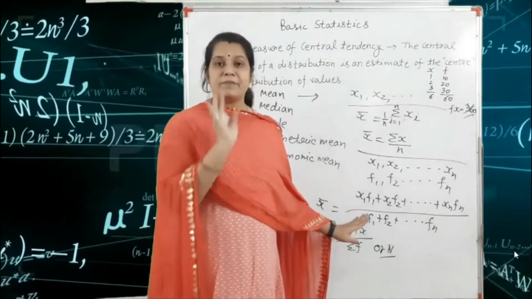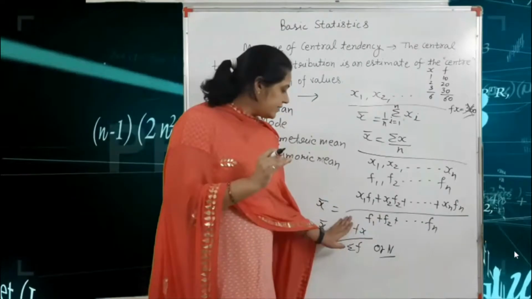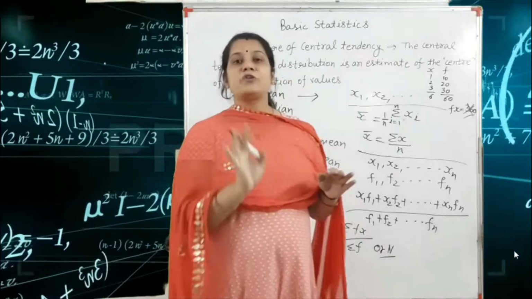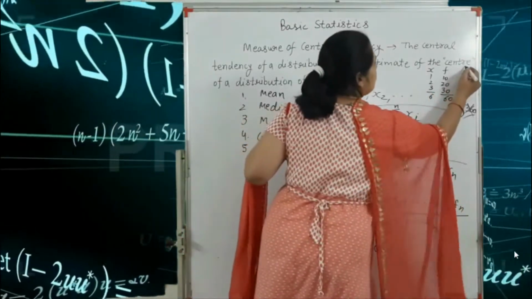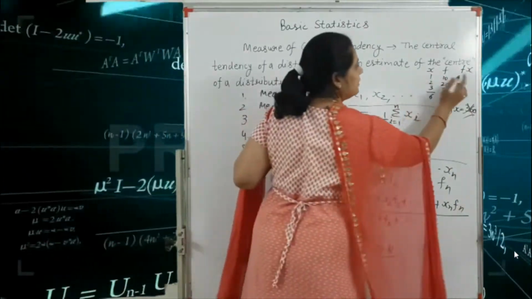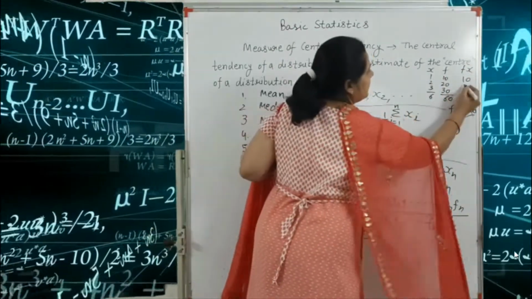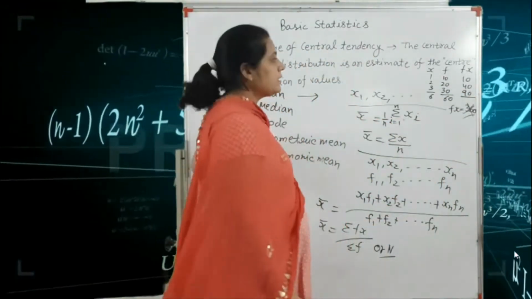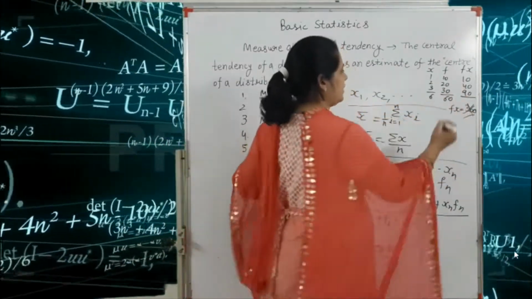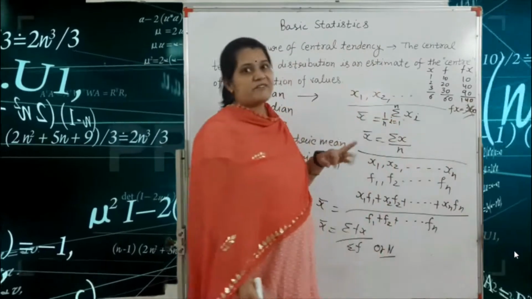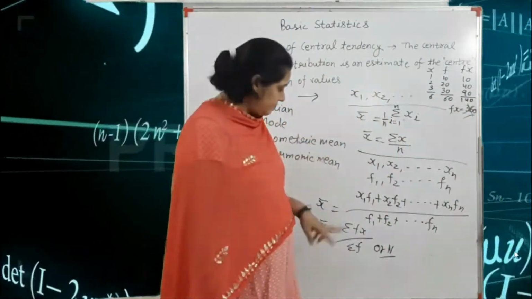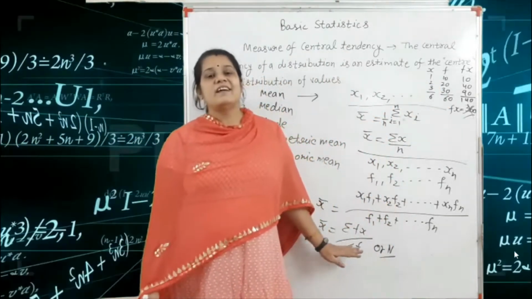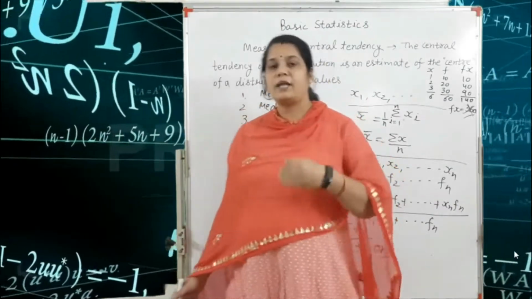Always you hide the summation. What is the process? Always you hide the summation and see here carefully. You multiply the column of f into x. That means 1 into 10, then 2 into 20, that is 40, and 3 into 30, that means 90. After that you sum here, that means 140. So here summation fx is equal to 140, divided by the summation f. So summation f is equal to 60. So this is the example of the arithmetic mean with the help of grouped data.